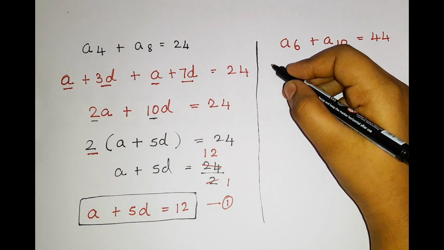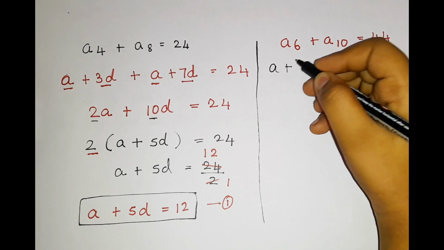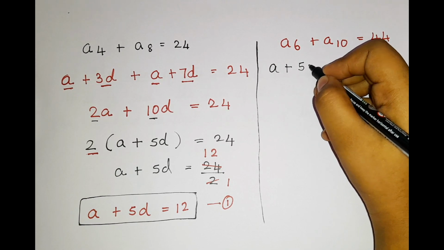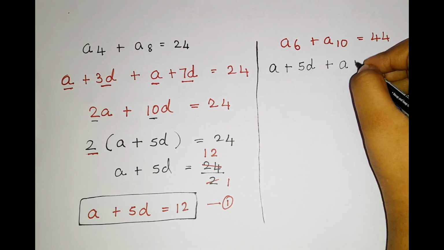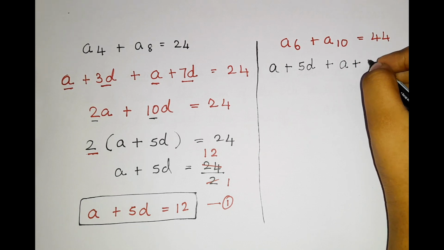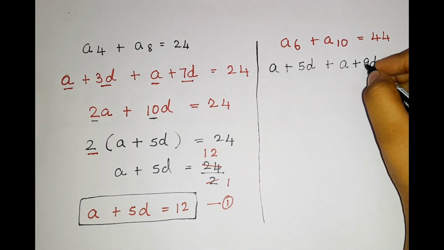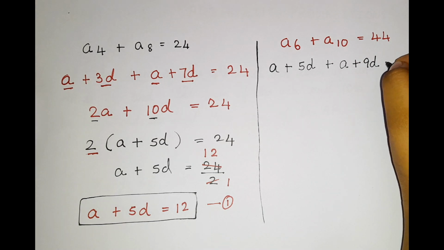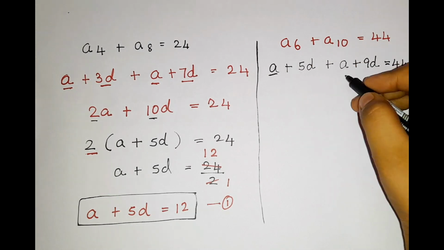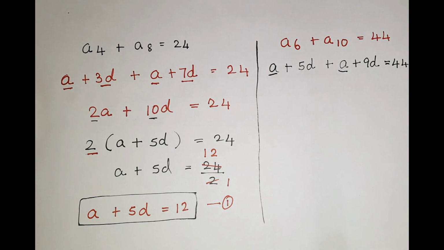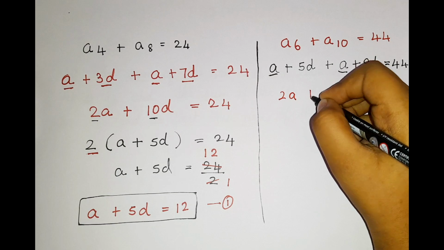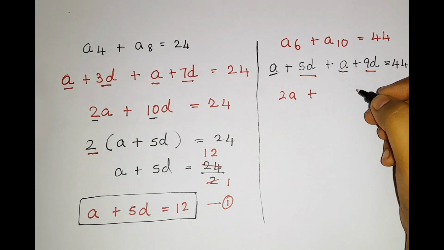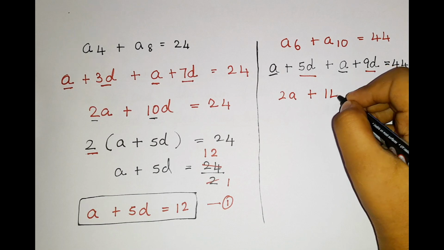So A6 I can write as a plus 5d, since the previous number of 6 is 5. Here also I can apply the same formula: a plus 9d, since the previous number of 10 is 9, and then write the d, is equal to 44. Now you can see we have a, so they both are like terms, isn't it? So a plus a is 2a, and 5d plus 9d, when we add them, we get 14d